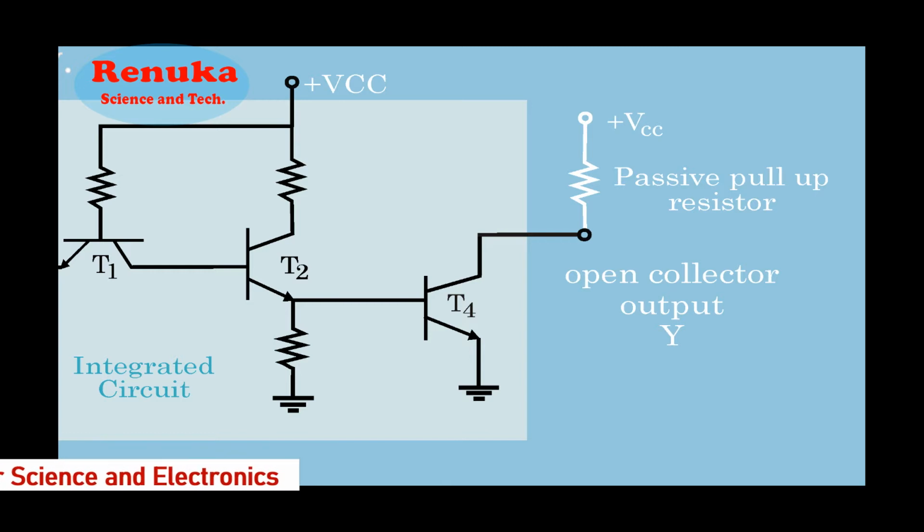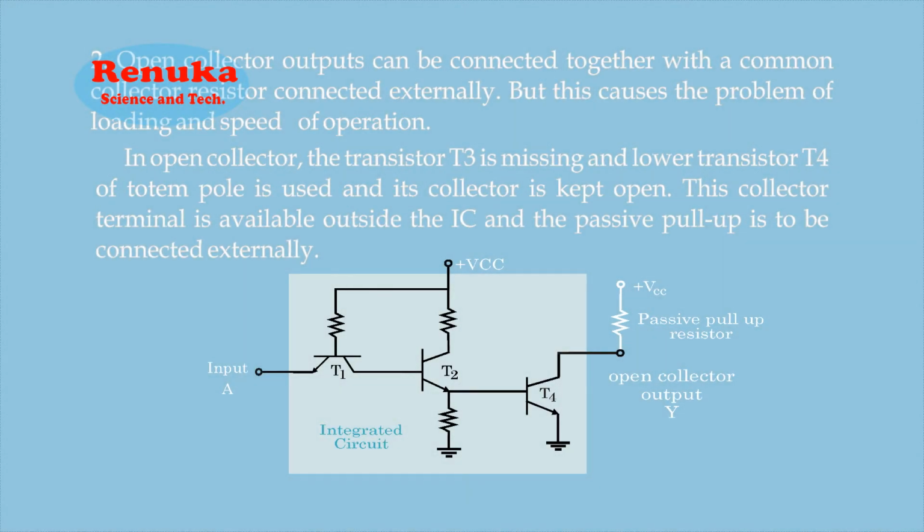Suppose we have another gate and its output is also connected as open collector output, and the outputs of these two gates have to be connected to a common bus. Then we do not have to bother about connecting another passive pull-up for the other gate. The same passive pull-up resistor will work for both gates, so the resistor is common here. If open collector outputs are connected together and the resistor is common, this will load the circuit. That means the output of the first gate as well as the output of the second gate will have a delay.